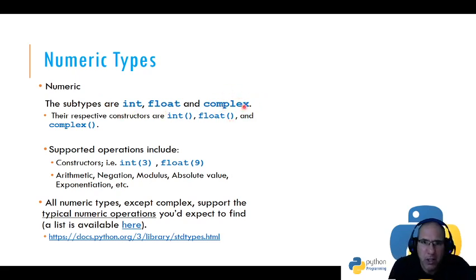We are not going to talk much about complex. We will stick with integer and float. Floats are the real numbers that we know in other programming languages in the form of float or double. Integers sometimes appear as integer, long, or long int. So these two data types cover the numeric types, integer and float, and they have constructs for them, int and float respectively. You can find more about the data types in Python from this website,